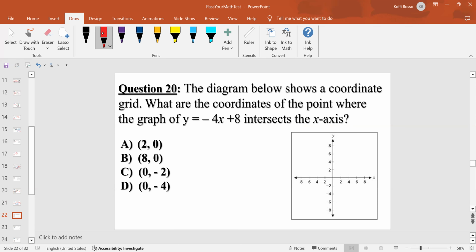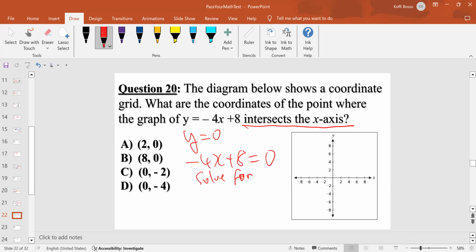Okay. Question 20. The diagram below shows a coordinate grid. What are the coordinates of the point where the graph of y equals negative 4x plus 8 intersects the x-axis? Yes, key information, intersect the x-axis. So intersect x-axis means here y is 0. So that means what? You're going to have negative 4x plus 8 is equal to 0. We replace the y by 0. And you're going to solve